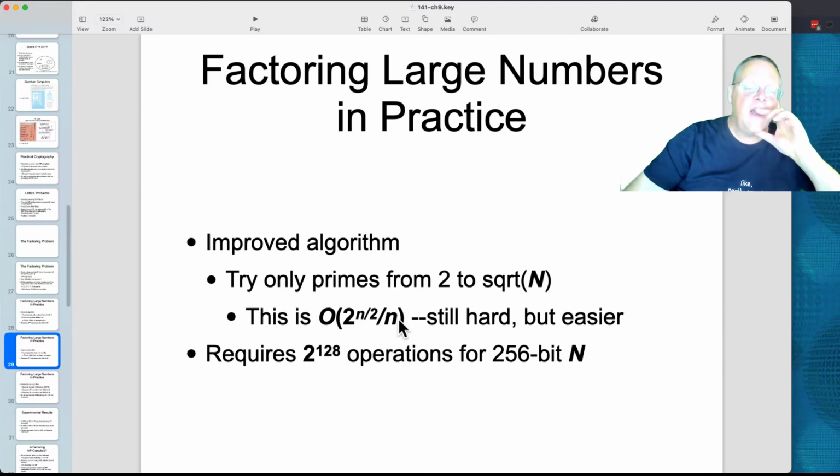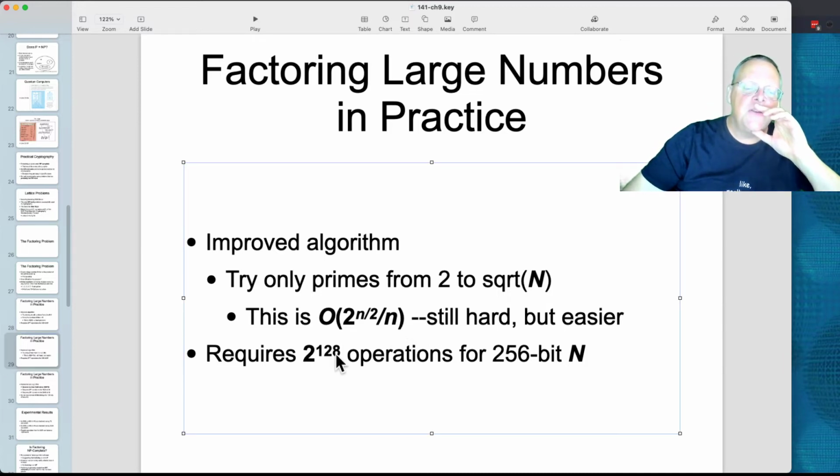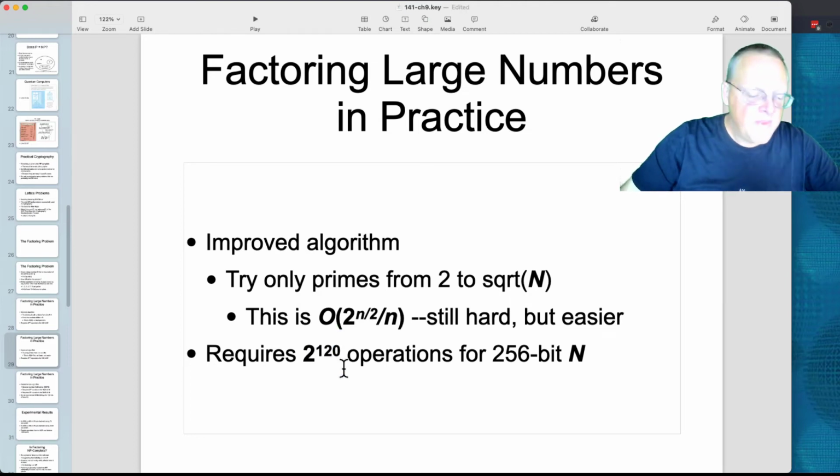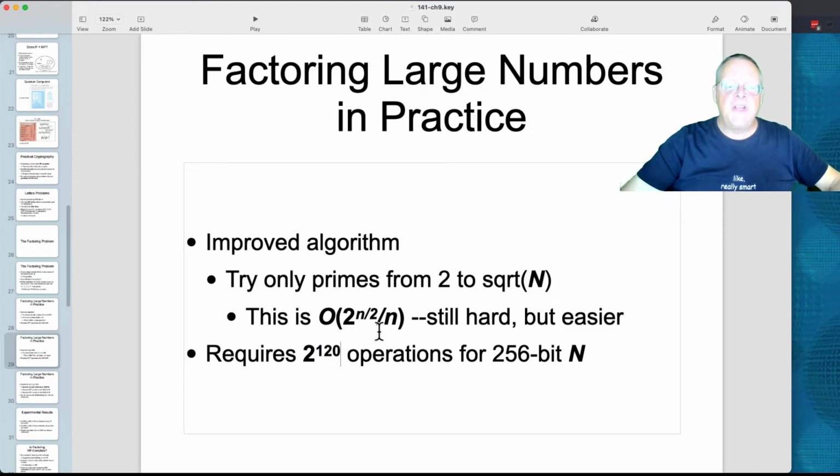Oh, I see, divided by n. Ah, that's why this was 2 to the 120. I changed this. That's why it's 2 to the 120. Okay, good. I couldn't figure out why it was 0 instead of 8, but I missed this n here. So that will only take 2 to the 120 for 256-bit n, which is still impossible, but it's a lot